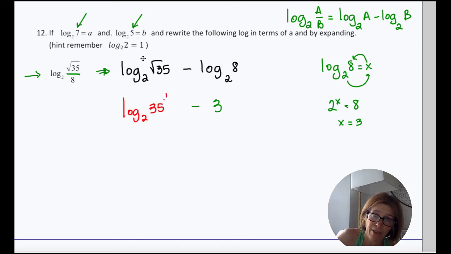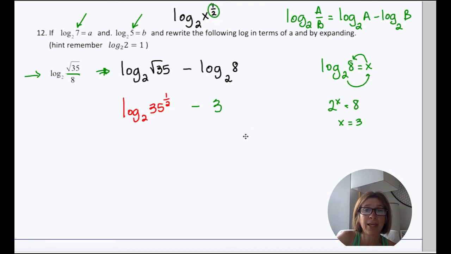So that would be 35 to the 1/2. Okay, so we have another property of logs that we have to remember here. That would be that if you have log base 2 of x to the 1/2, that power, 1/2, can be moved to the front of the log, giving me 1/2 log base 2 of x. Okay, so I'm going to do that. So that's going to give me 1/2 times the quantity log base 2 of 35